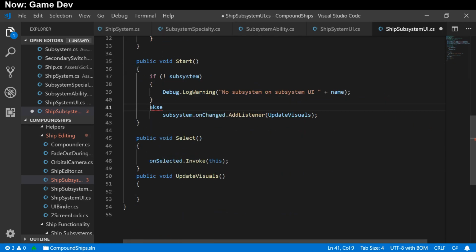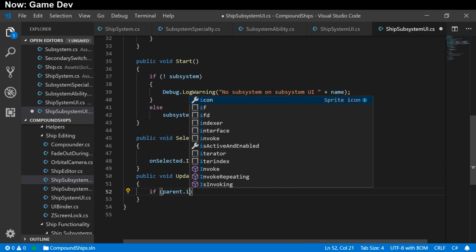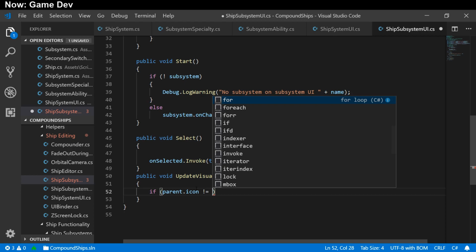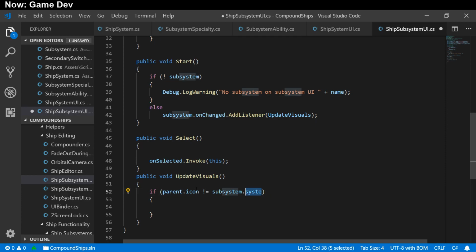So when we update the visuals, we're going to check if parent.icon does not equal subsystem.icon, no wait, subsystem.system. No wait,